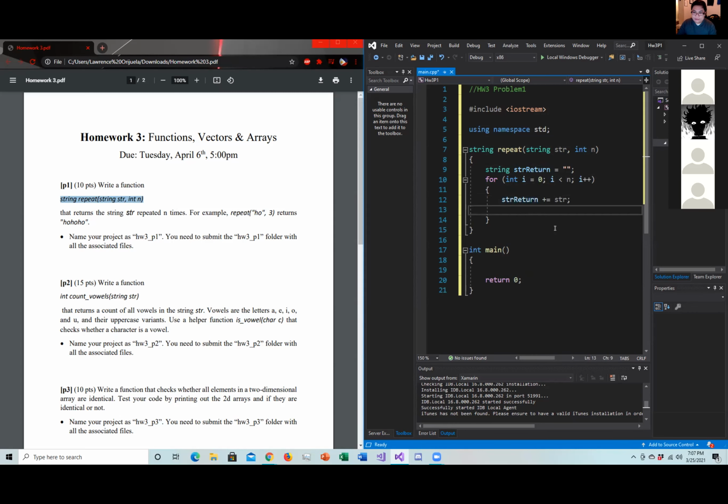Or I could say string return equals string return plus stir. This line of code and this line of code accomplish the same thing. But I'm going to use this one just because it's shorter. So I'll just delete this. Okay, so now that my string return is ready,